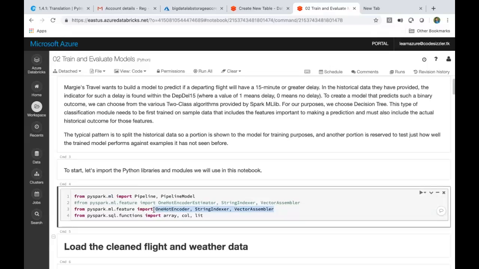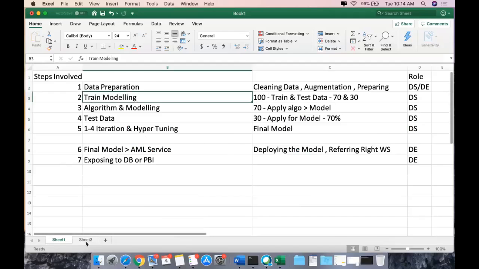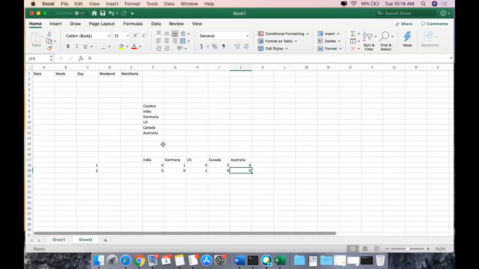What it is doing, we can go back to our old analysis. Let's say we have countries: India, Germany, US, Canada, and all those. Let's say we have 30 countries here. It defines 30 columns, and each record is mapped to a country. That column will be enabled as 1, and the remaining will all be zeros. So it creates multiple columns. In the same way, it can be married status, yes or no. So I create a new column called married underscore yes, and here married underscore no.